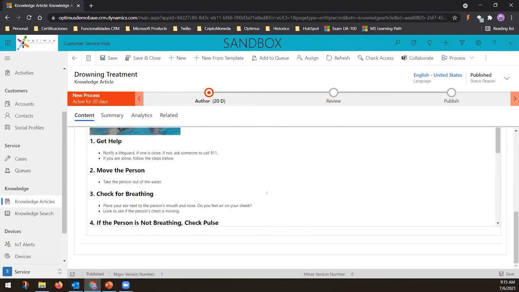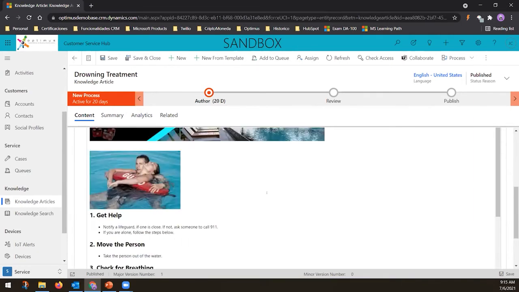But the idea with the article is to try to have all the content directly in the article and not to use many hyperlinks or many links. And the reason is that when you are in a case, for example, you could search an article, an English page article, and relate that content directly or send the content directly to the